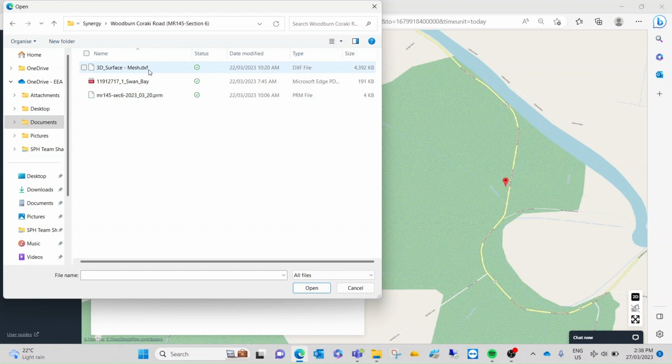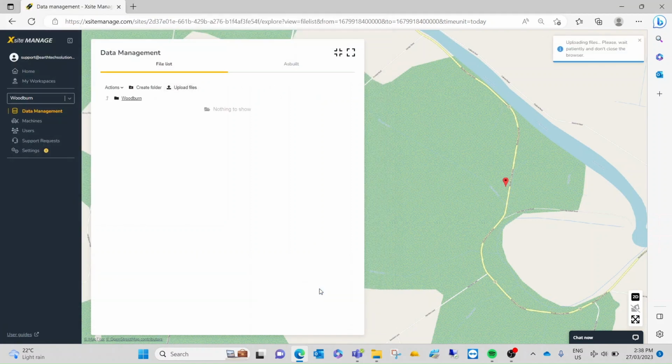So here's our DXF design file. Select that. You can drag and drop multiple files here if you've got more than one. You can see that loading. So once our design is loaded,